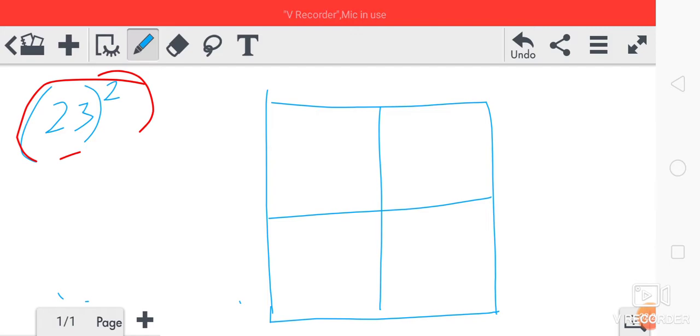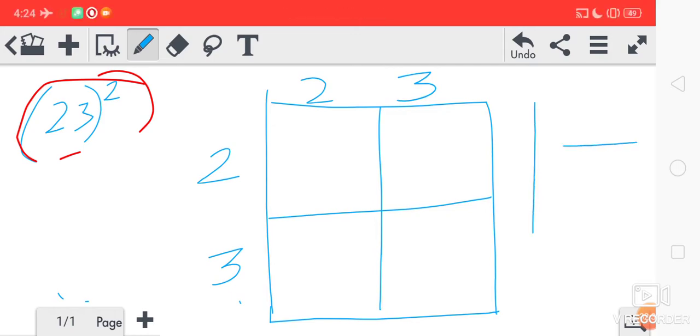So we'll write 2, 3 vertically. Horizontally also we'll write 23. This one is vertical, this one is horizontal.